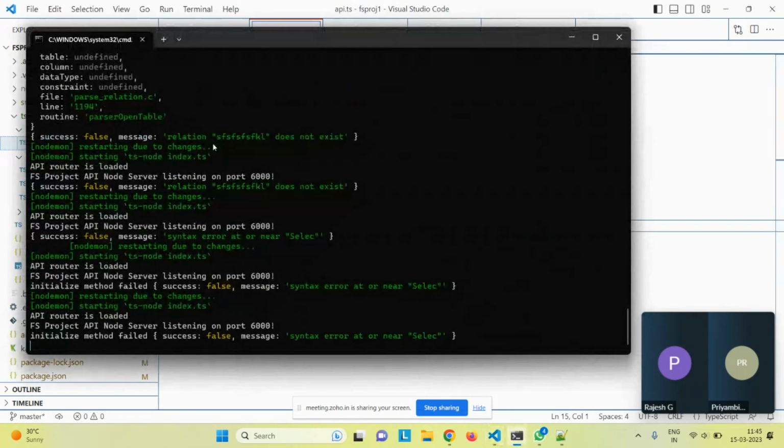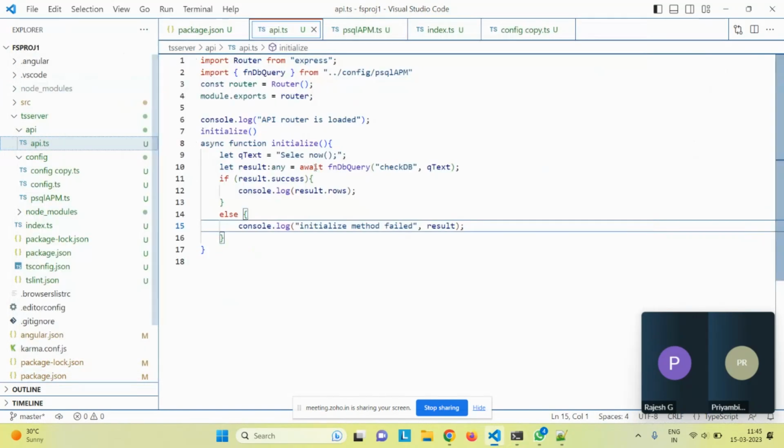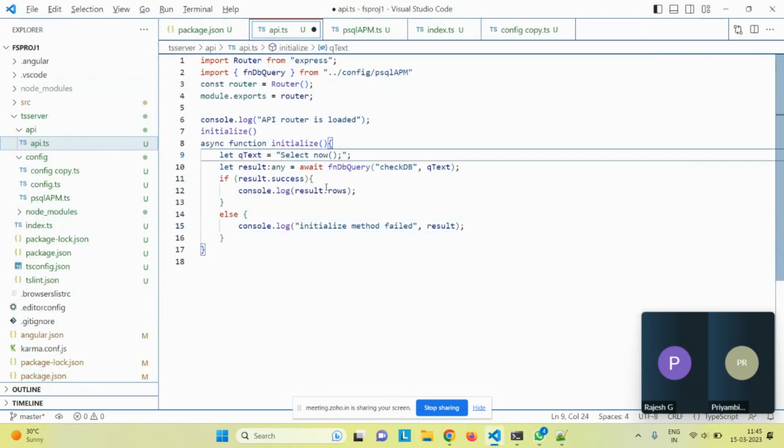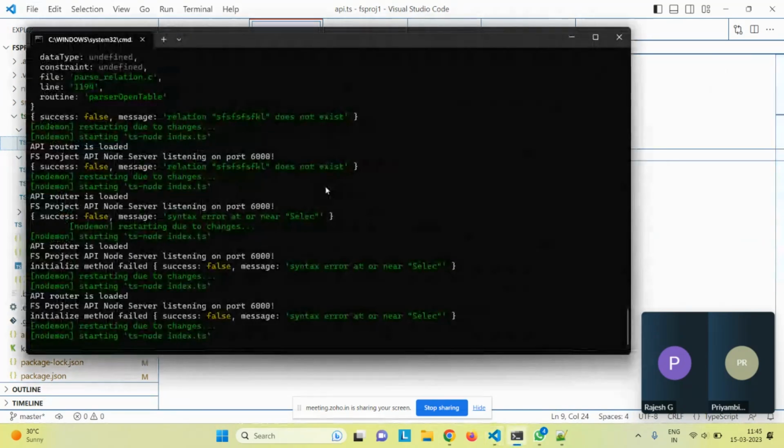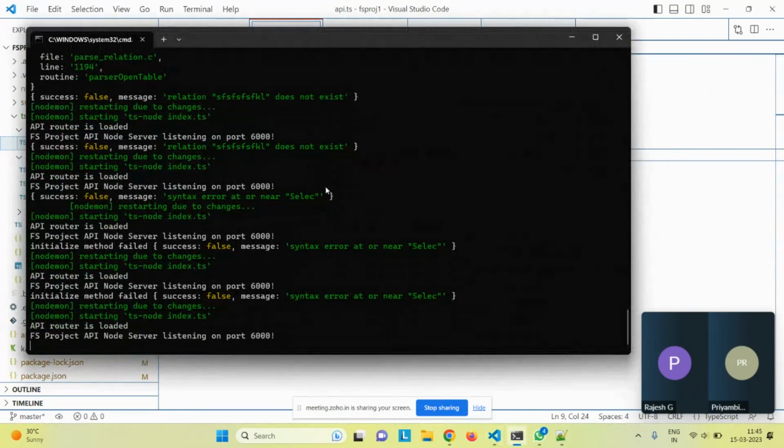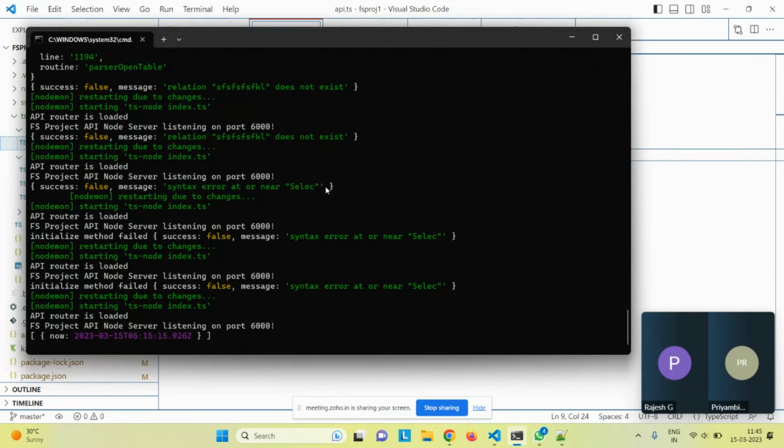You can see now: failed, initialize method failed. If I put a success one, I can get that part of the success. Usually we'll not handle it in this way. We'll handle it in the controller and model. Today our focus was database connectivity. So we established the database